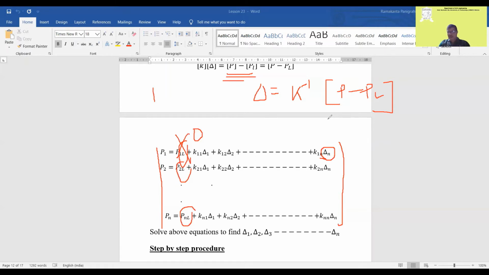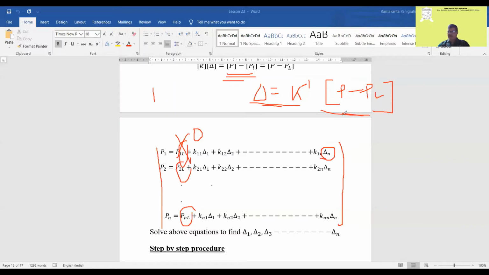But as far as the problem is concerned, you can solve these problems by computers, by MATLAB, or any mathematical software, and find the value of these P values or delta values by K inverse times P minus PL. Any size of n by n matrix can be inverted in the software. So you can go to software, write this K matrix, write the P matrix, write the PL matrix, so you can write the P minus PL matrix. Then K inverse of this matrix gives delta. With simple programming, you can solve this problem.